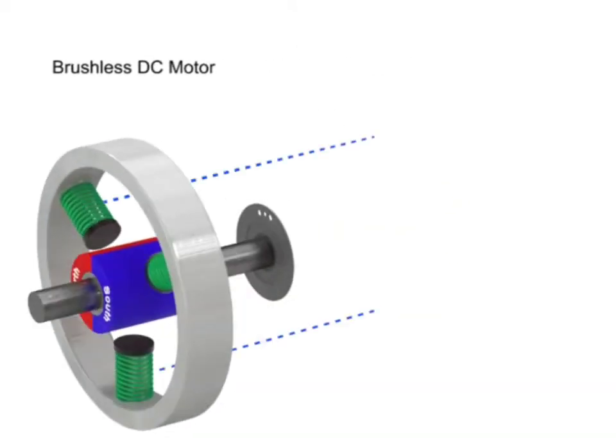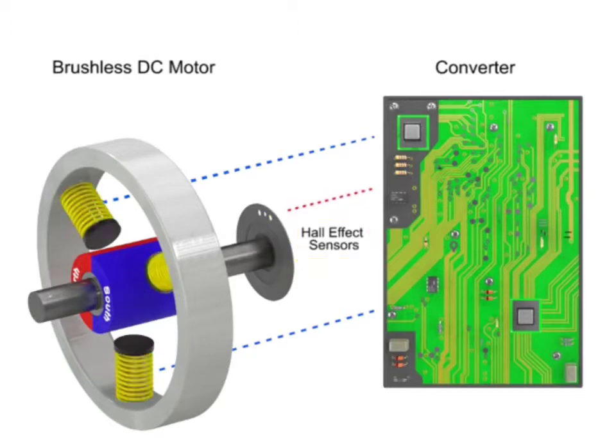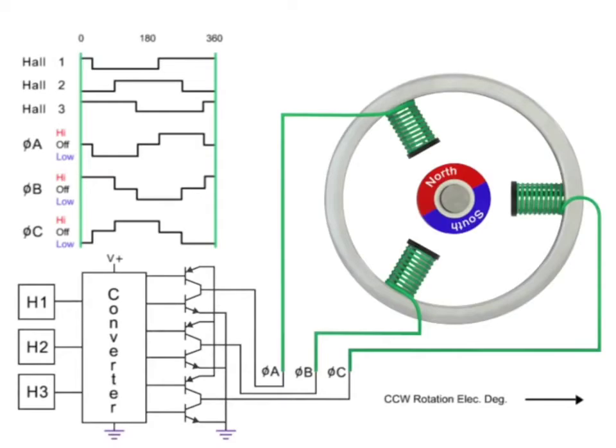Now a rotating magnetic field is formed by electric pulses generated by a converter. As the rotor turns, a rotor position sensor provides feedback to the converter, so the required stator field rotational sequence is maintained. The change in the sensor reports back to the converter, which continuously switches the phase to the winding to keep the motor turning. Now you can clearly see how these things are happening. Easy process.